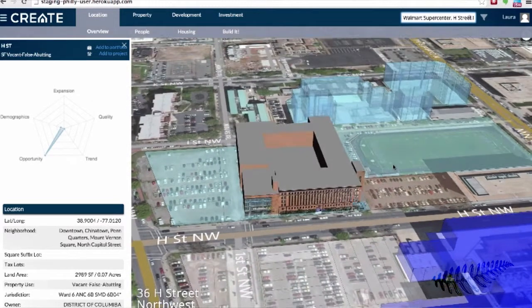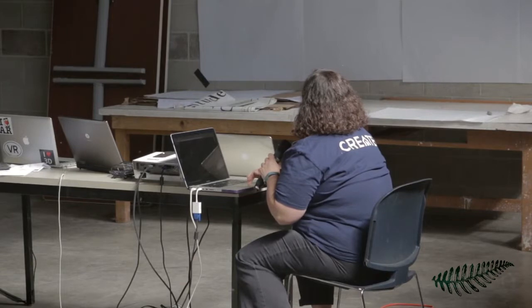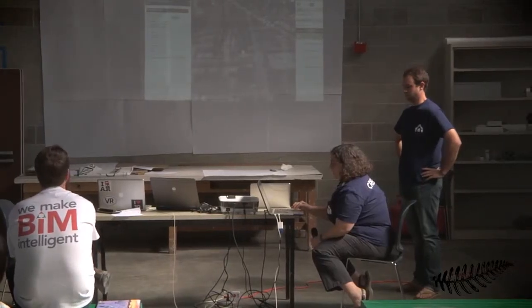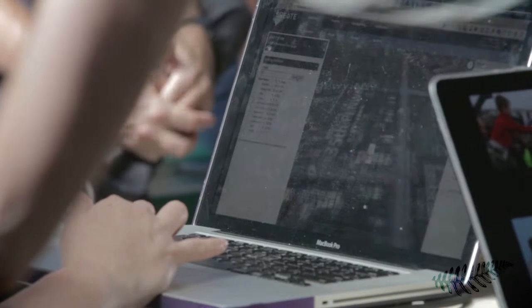Some other things that we're doing that are really close, we're looking into the financial analysis side, what you can put in a property and profit predictions. All right. So we've clicked on this property, and now we're at 3507T,